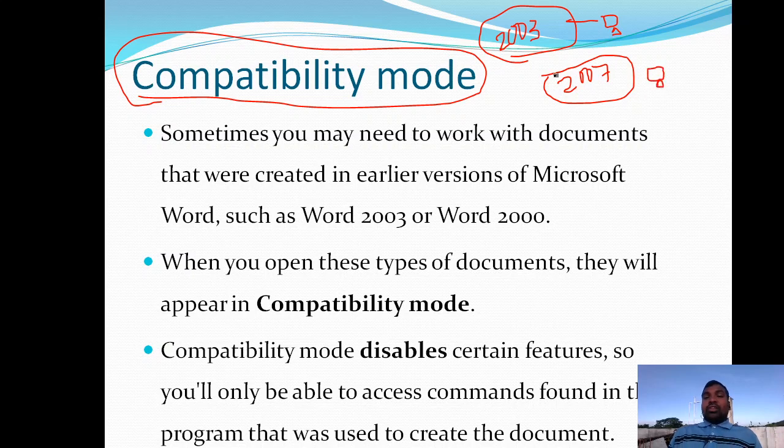If I am creating a document at home with Microsoft Office 2003, I can open that document in my office, where the PC is installed with the 2007 software. So for this there is no problem.